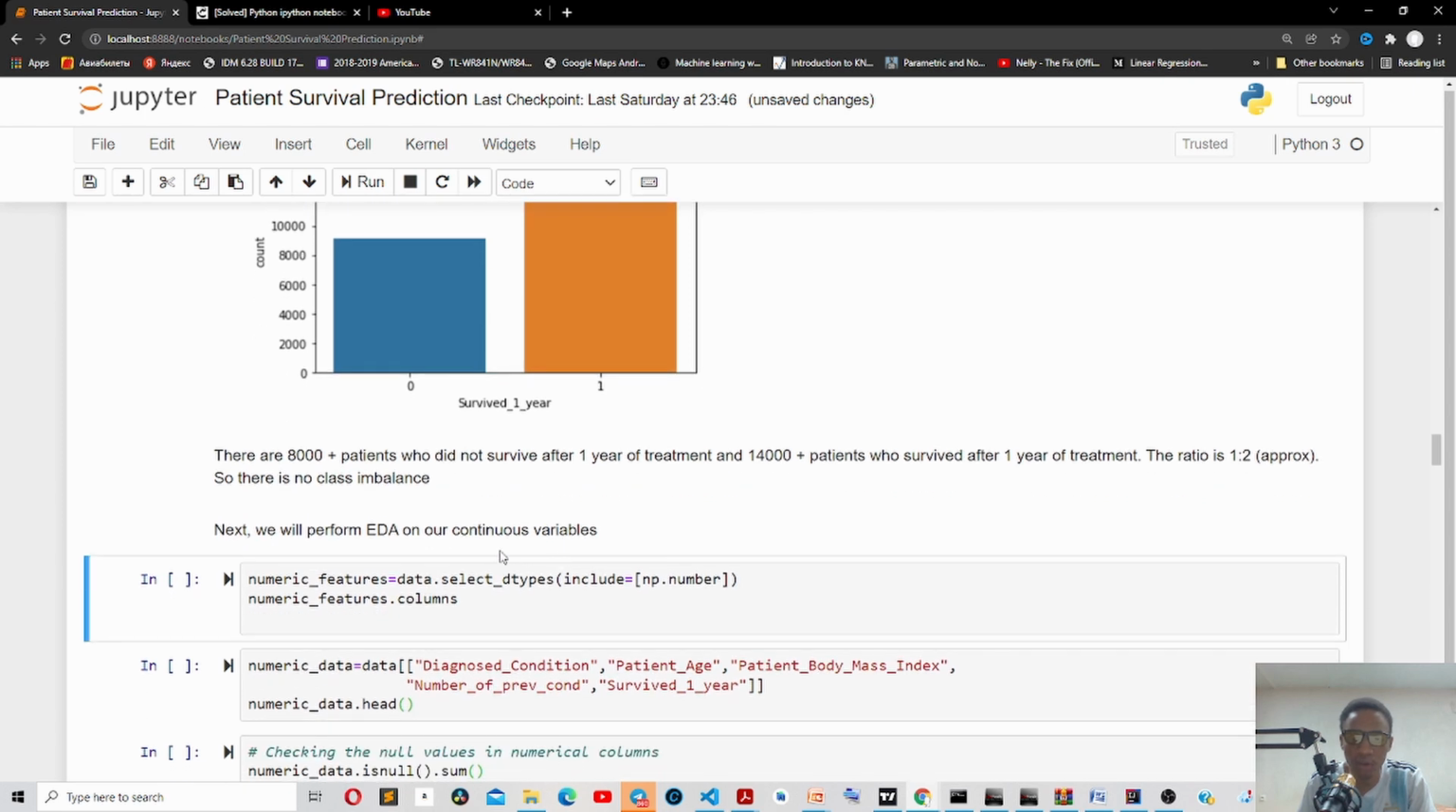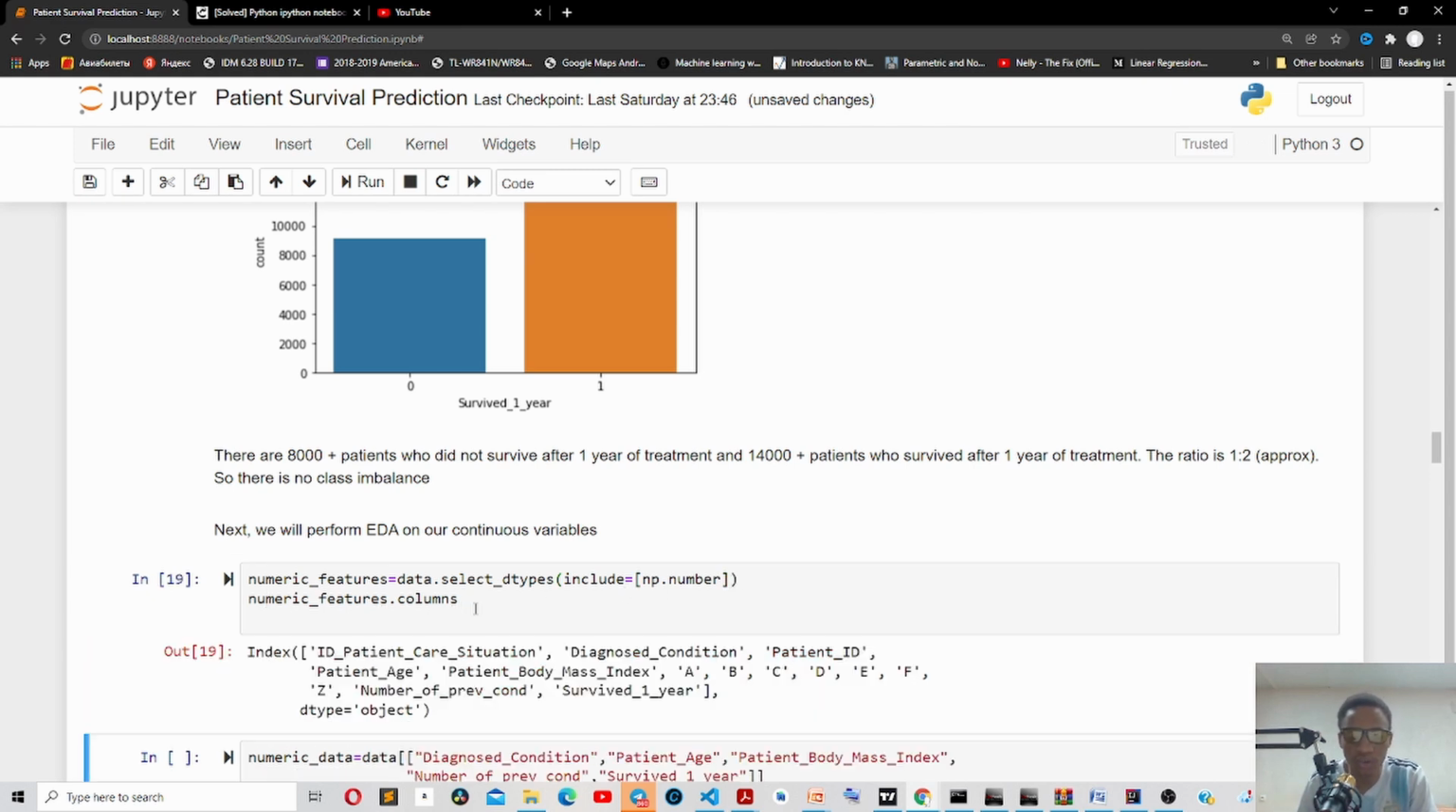So now we'll perform EDA on continuous variables. So continuous variables are variables with numbers, right, that represent numbers. So we are going to say numeric features is equals to data, remember our data variable, dot select d types. This is a pandas library. Select d types, include np dot number. So what this is doing is just telling us that we only want numbers, right? And then numeric features dot columns. Now this is going to display